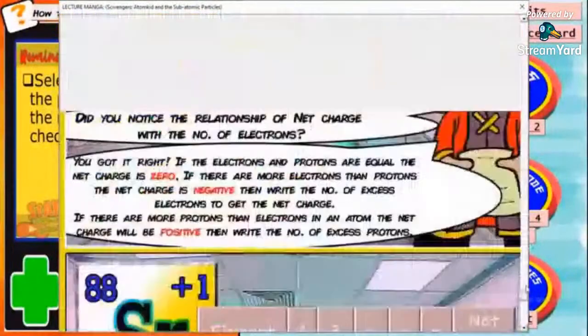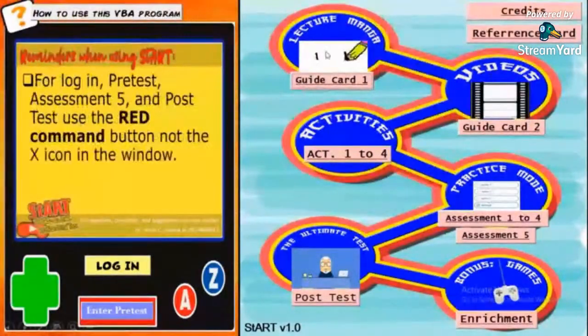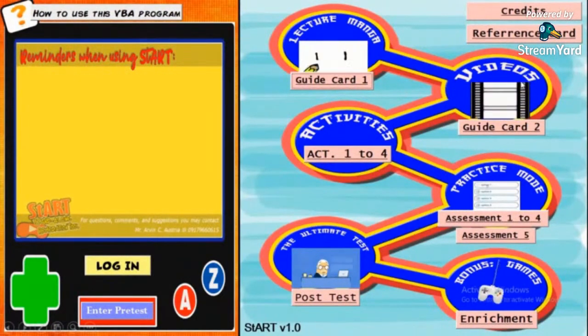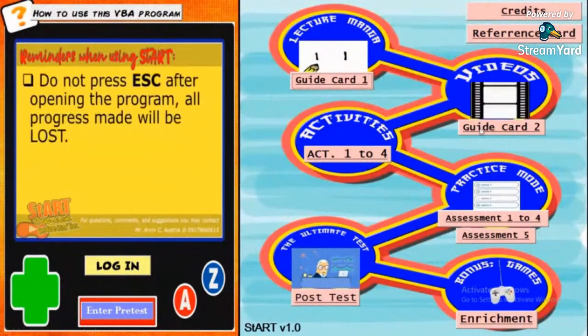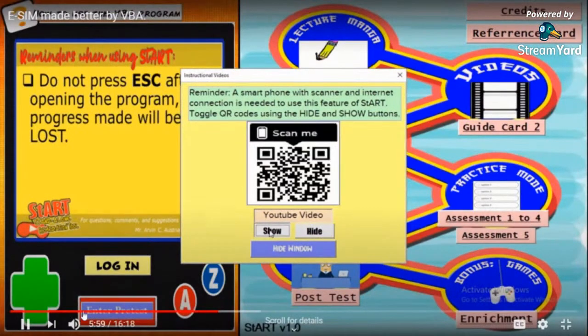Once the learner has finished reading the story, he can close it and then proceed to the next. Guide card 2 is optional. If the students seem to get the hang of it, no problem. He can go to guide card 2. In guide card 2, there's a QR code here, then the learner will scan it and then